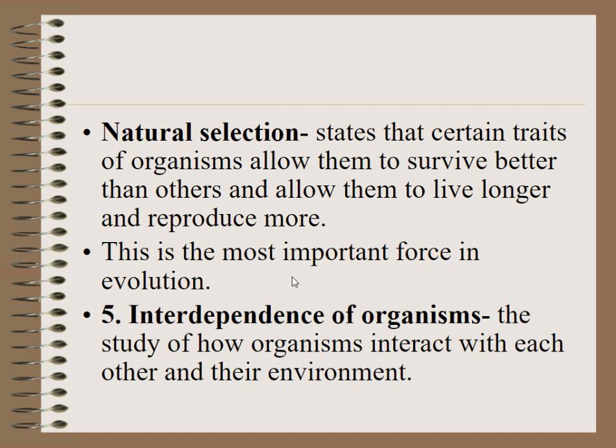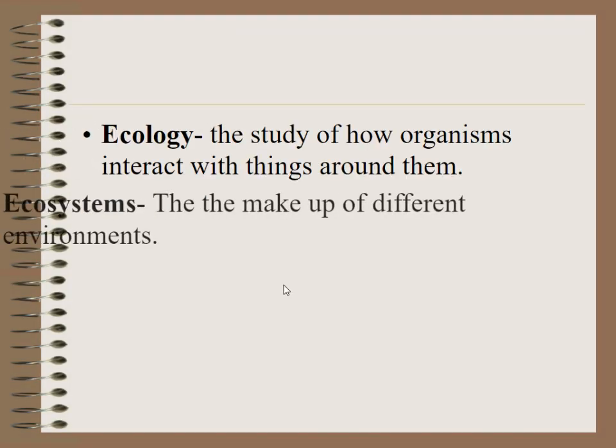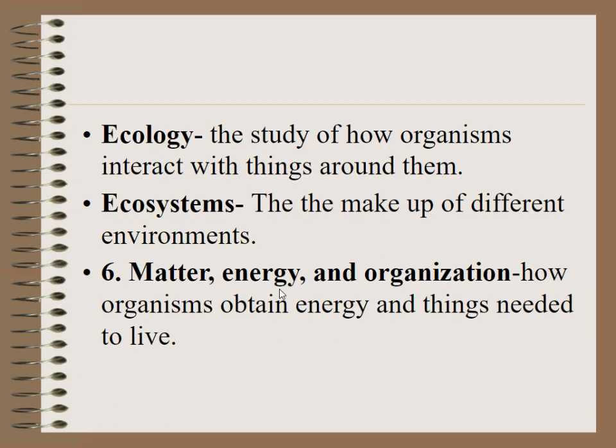Interdependence of organisms is the study of how organisms interact with one another in their environment. Their environments include ecosystems, so how different they are. Ecosystems go all the way from rainforest to tundra to desert. Then you have ecology, which is how we interact with the organisms around us and how the organisms interact with us. So ecology would study a system like a forest system or how humans interact with their local ecosystem.